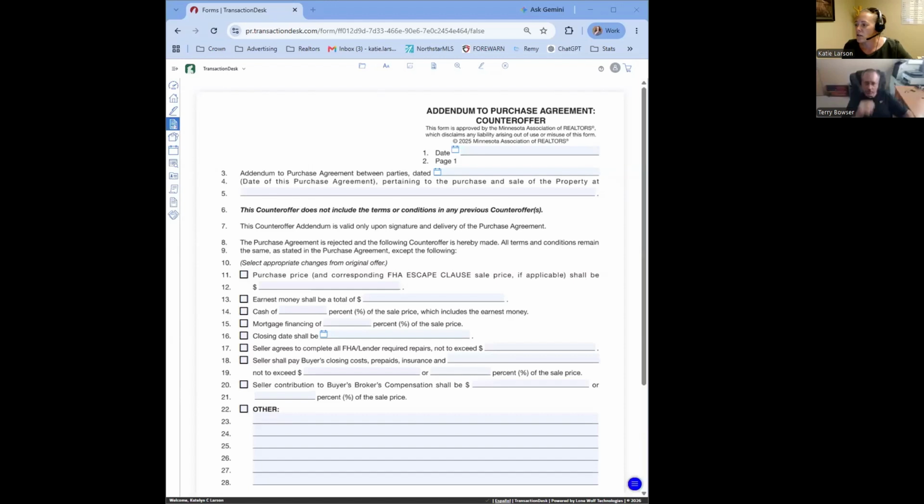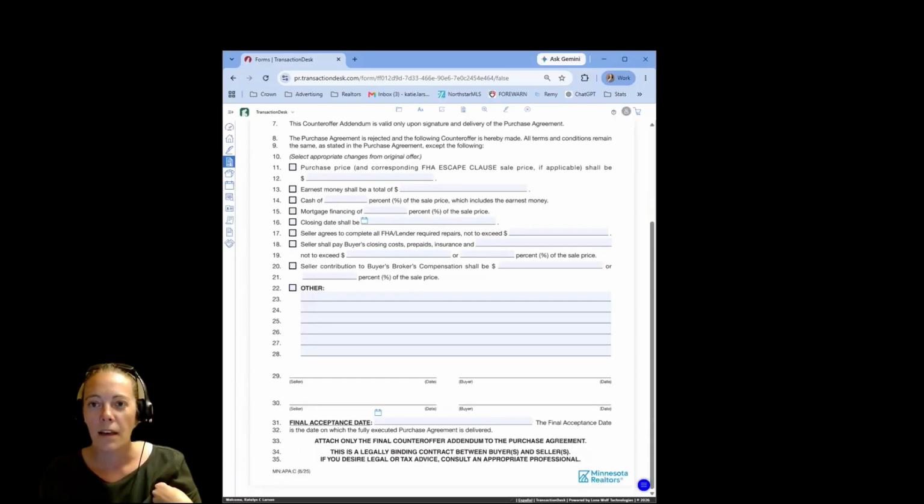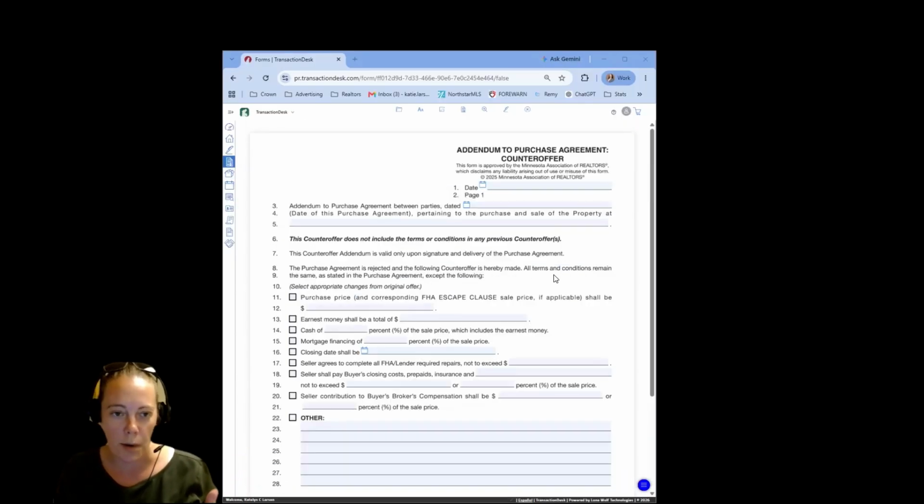Awesome. Okay, let me share my screen. So I wanted to go through, in particular, the counteroffer. We had talked about the purchase agreement and all of those pieces. And hang on, I want to share my screen a different way so we can actually see what's going on. There we go. We had talked about the purchase agreement and all of the different pieces, but after you